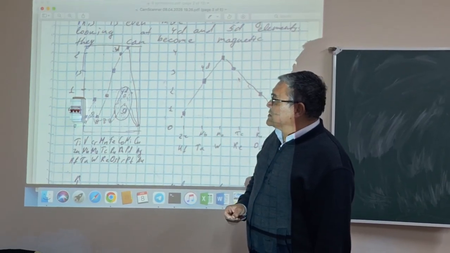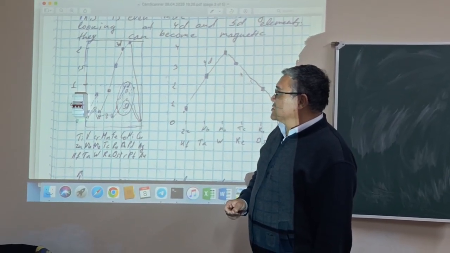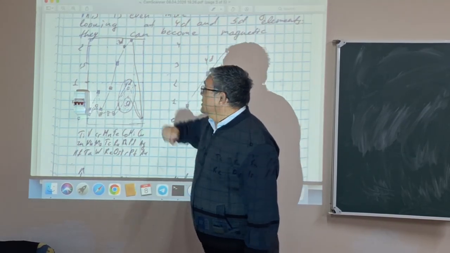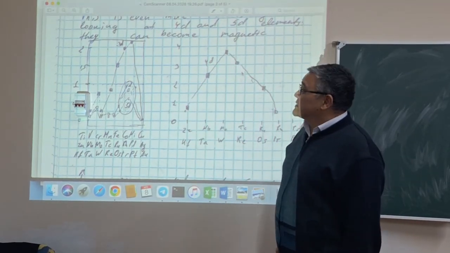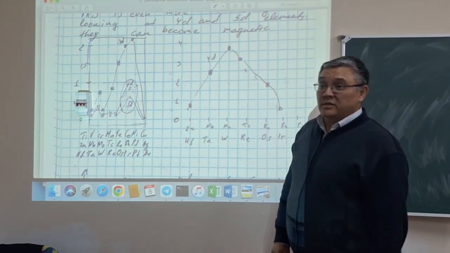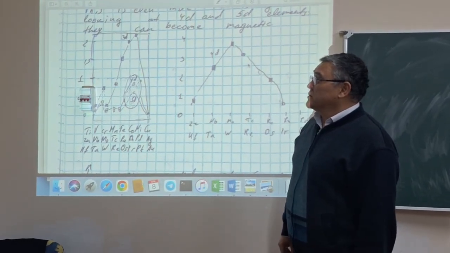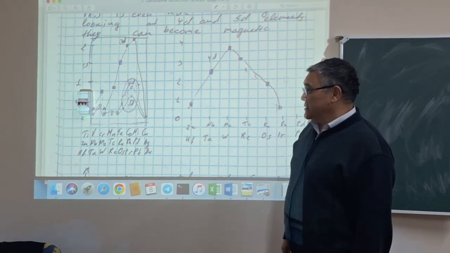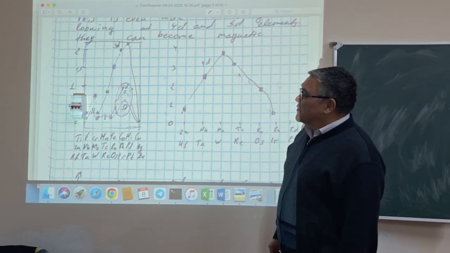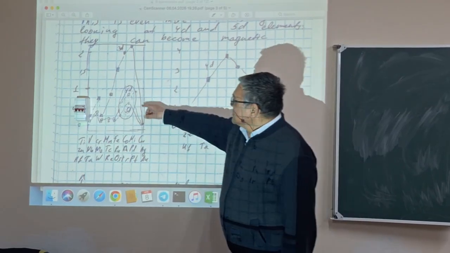there are three 3D elements. Among them are iron, cobalt, and nickel. They have these points. They have large values of the Stoner criterion, and they show very good magnetic properties. They are ferromagnets. And if we look at the 4D and 5D elements,